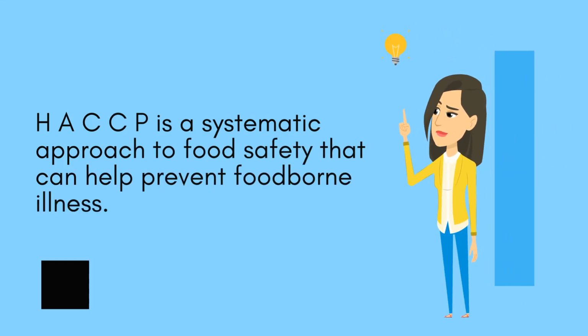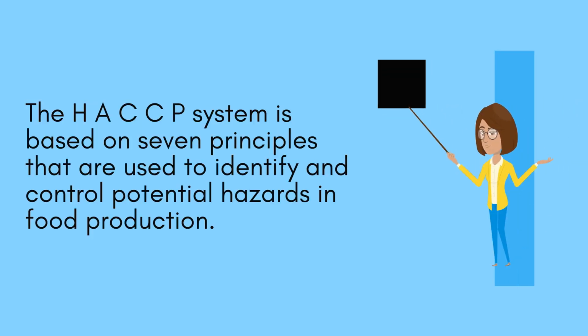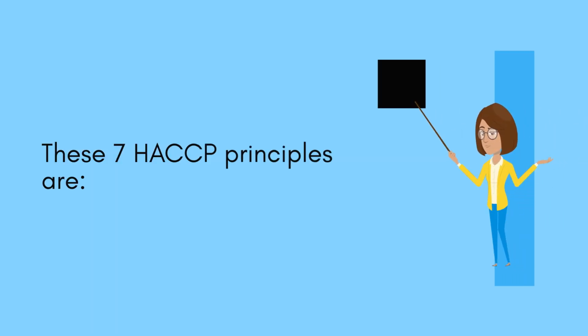HACCP is a systematic approach to food safety that can help prevent foodborne illness. The HACCP system is based on 7 principles that are used to identify and control potential hazards in food production. These 7 HACCP principles are: